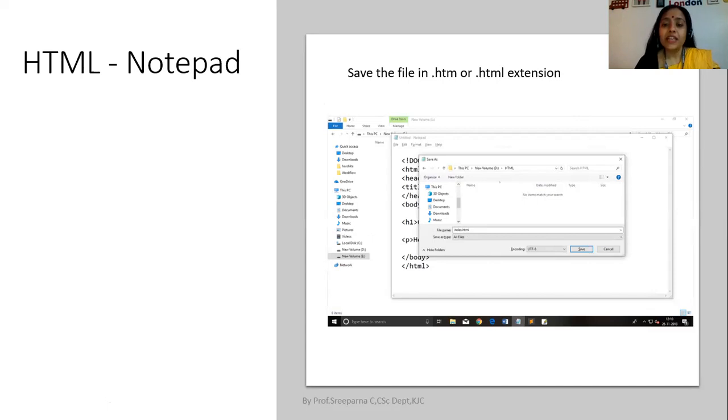After that, in Save As type, change it to all files. If you miss this step, your HTML file will be a text file, though you gave the extension as .html.